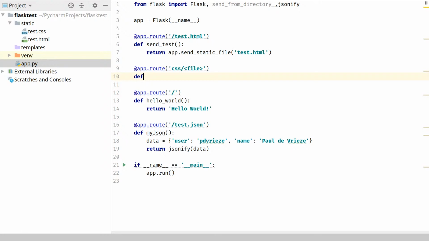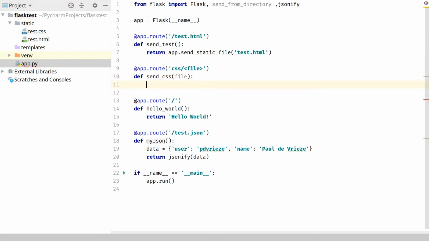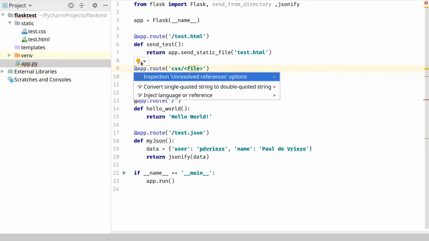Then we can dev send CSS, and then we need to have a file parameter, obviously. And yes, you can see that because we didn't have that, it would actually warn us that this property does not exist. So one of the things you can do when you get this, yes, you can click on this thing